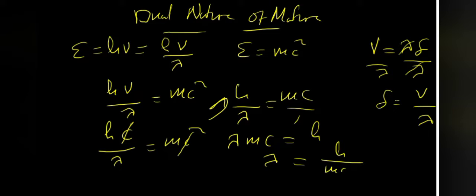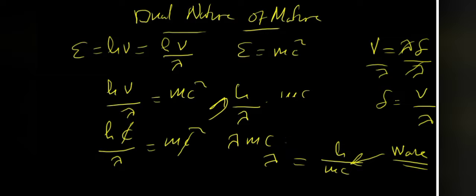Now, instead of only using the speed of light, because if we are using the speed of light, we are only talking about a wave. Like the electromagnetic spectrum, they all travel at the speed of light. All those are waves. But we are saying the dual nature of matter says a matter can be both a wave and a particle. So we can put v to mean a particle instead of using c, which is talking about a wave. Therefore, this equation now is going to become